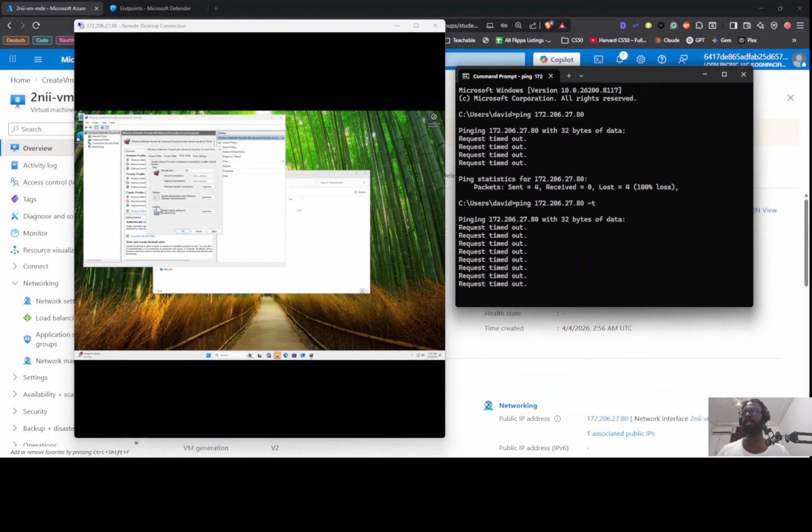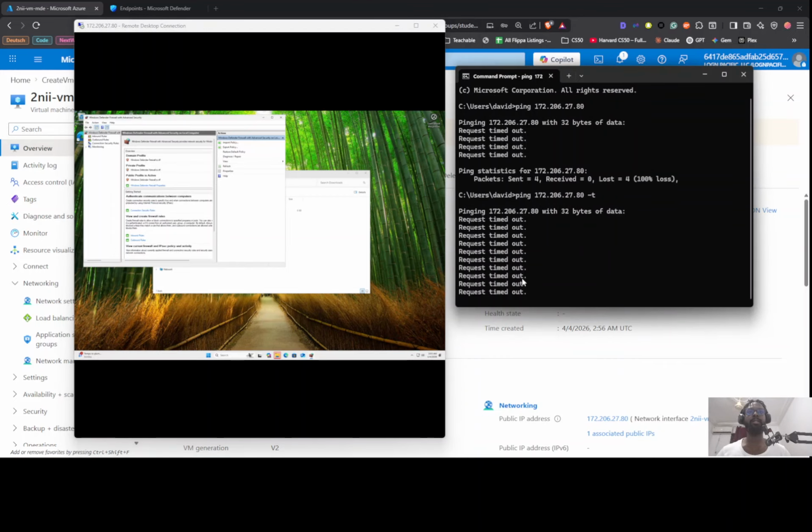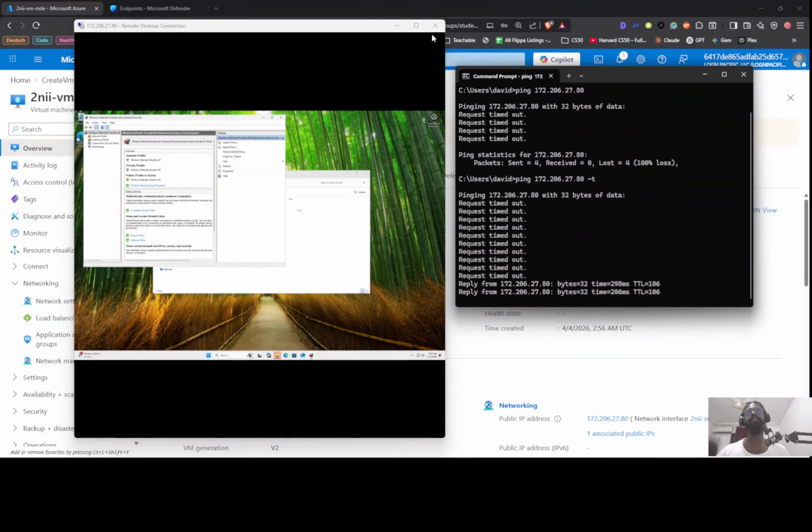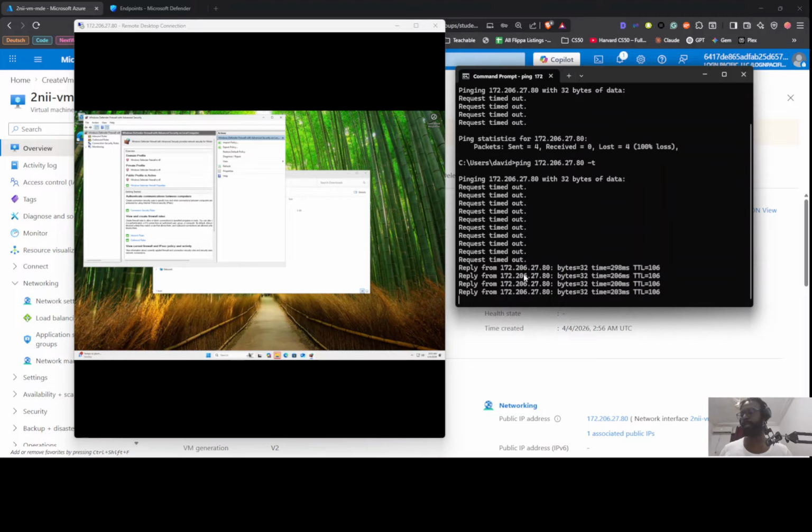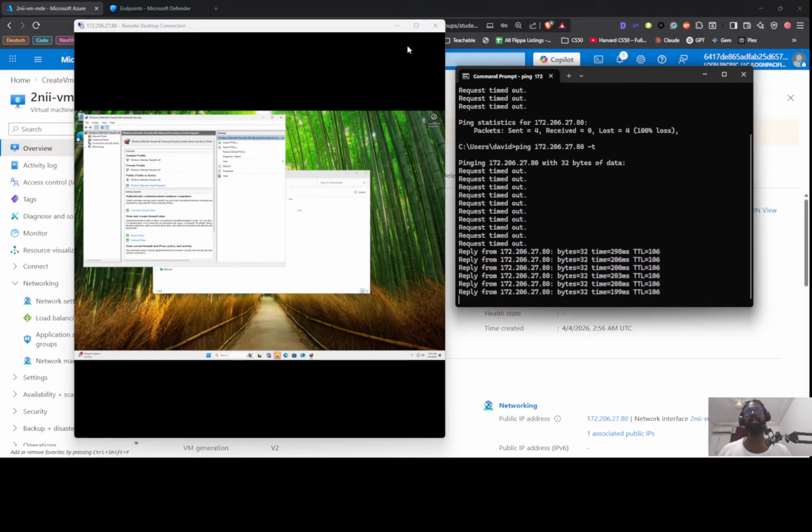I don't know if you can see it, but I'm just hitting OK, and you should see the ping change now. Yeah, awesome. So we're still receiving the pings, and